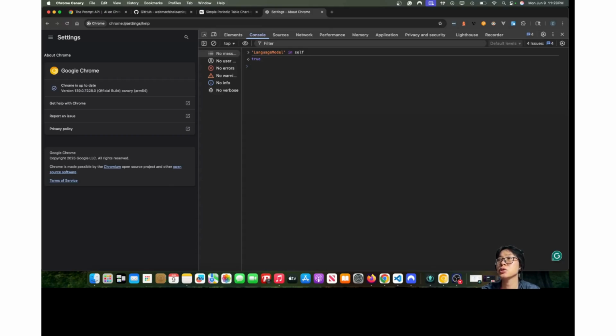Next, let's check whether or not the model is available. So LanguageModel.availability. This function returns a promise, so I need to await the promise. The result is available. So the model is available, and I can use the API to create a session and